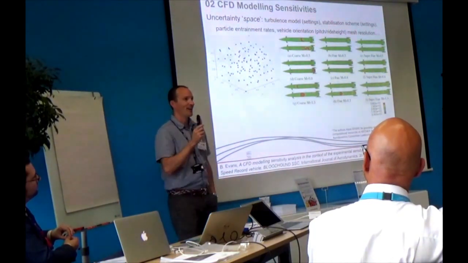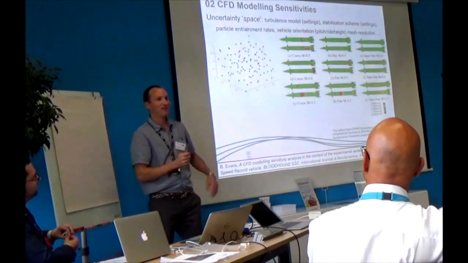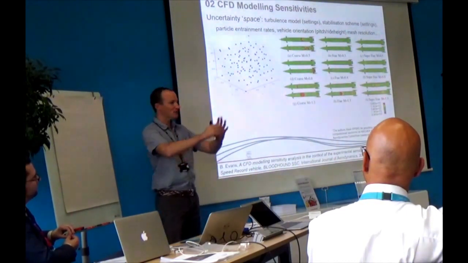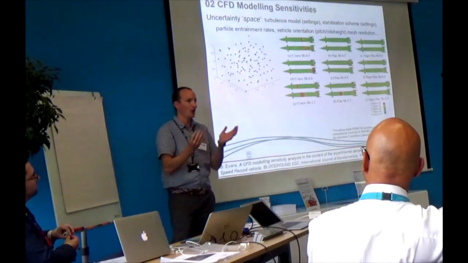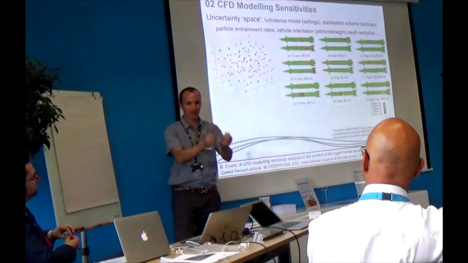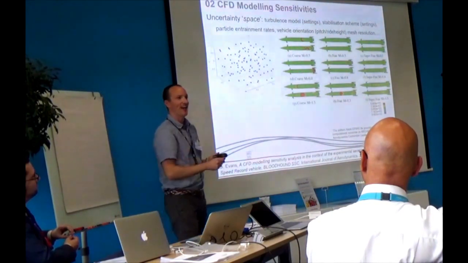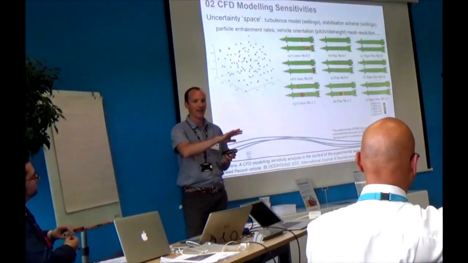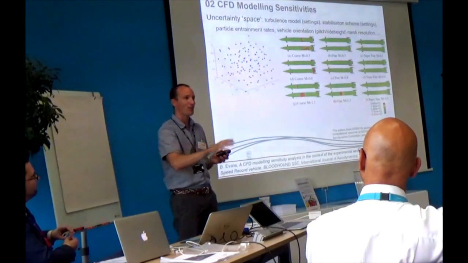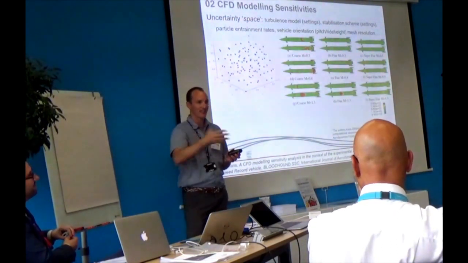Now, as an academic, if you've got a problem like this, where you've got uncertainty in your modelling, and the goal, just with your academic hat on, is to get the paper published, you then go, we'll place the sensors to collect data at positions across the vehicle where we're fairly convinced the model is doing a good job. That will get me to the point where I can write a nice paper.